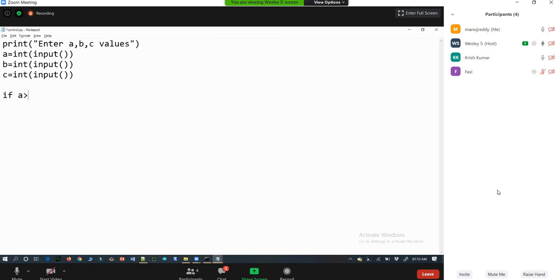If A greater than B and A greater than C, what I can do? Print this part, and in this I can directly print A is maximum. Because A is greater than B and A is greater than C, A is maximum, I want to display the value, I can display it. Elif,